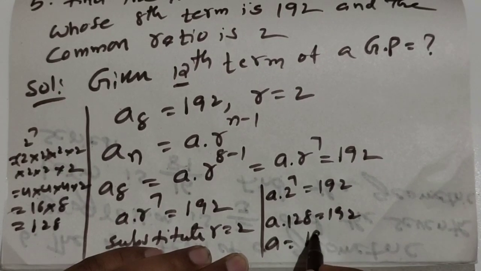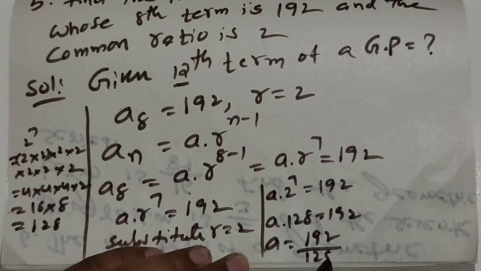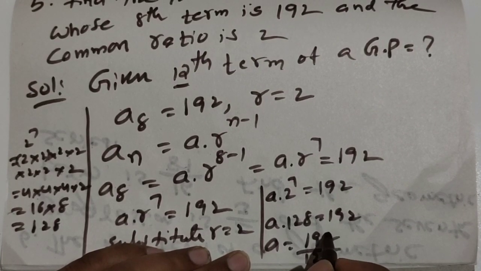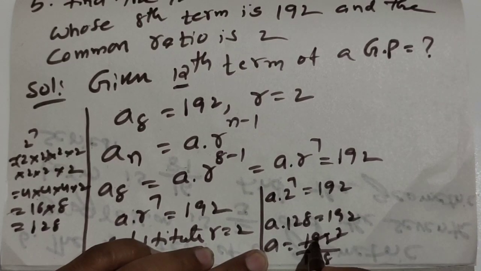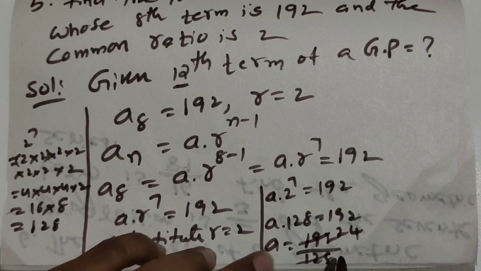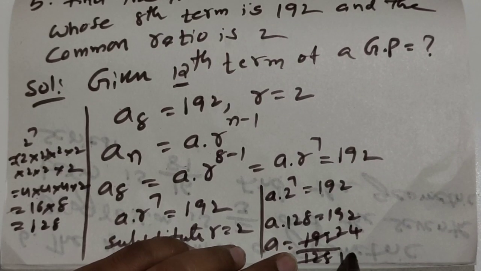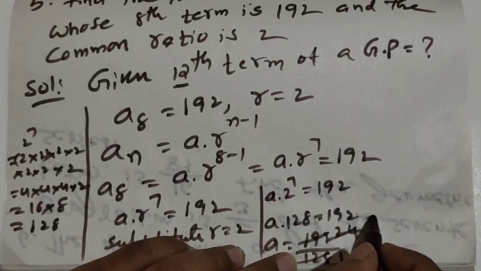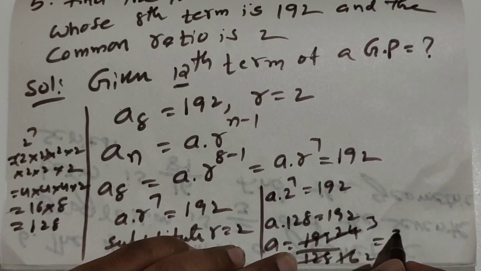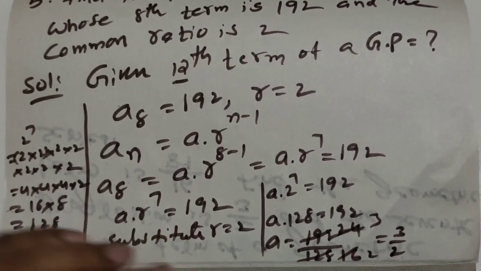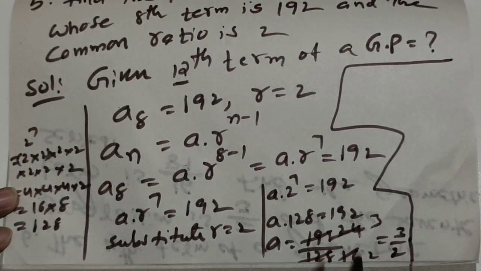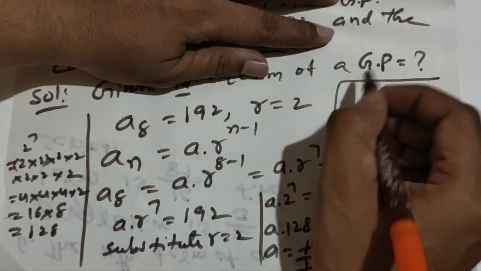Then A is equal to 192 by 128. So by the 4 table or 8 table also we can take. 8 2s are 16, 8 4s are 32, 8 6s are 48, again 4 table, 8 table, 8 3s are 24, 8 2s are 16. So A value is 3 by 2. Okay, so then A value 3 by 2 we got, and